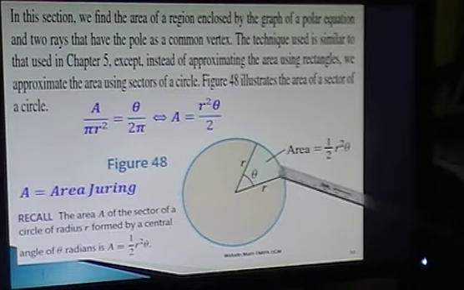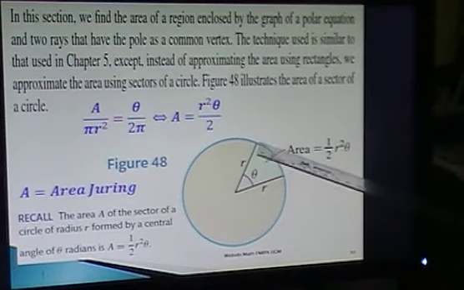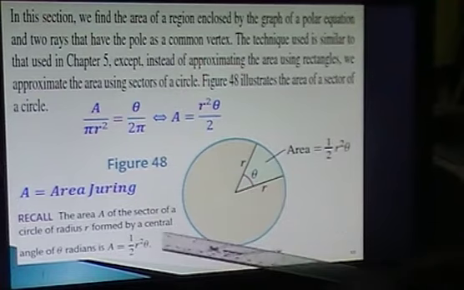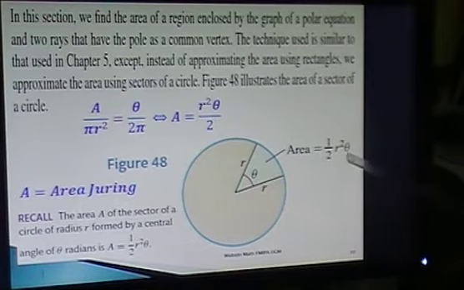This is the blue one. The blue one is called juring in bahasa Indonesia, and it is called sector of a circle in English. So the area is equal to 1/2 r squared times theta,